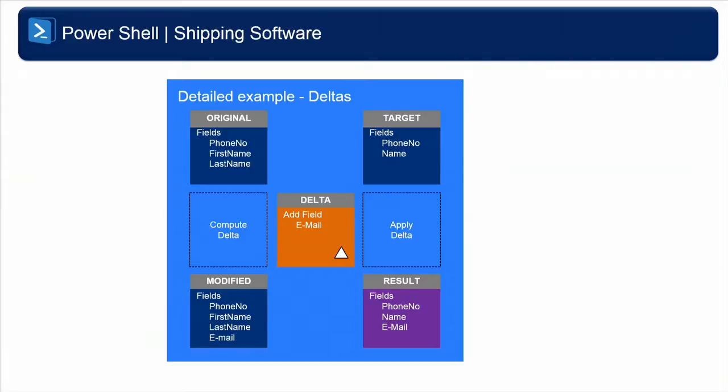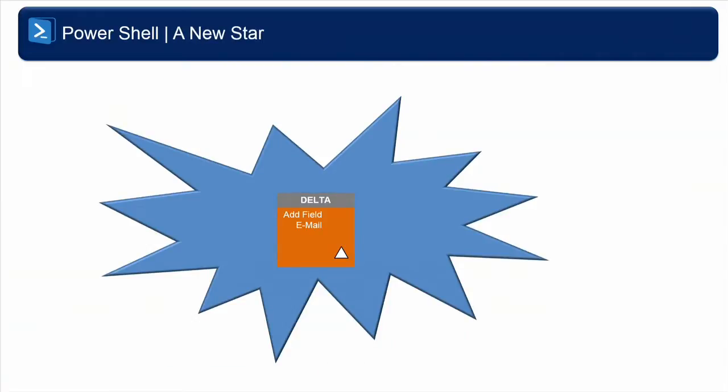upgrade. If you're an ISV like Agilis or Lanham or OP+, you're most likely to ship software to your partners. Traditionally, the way we ship software is we make a FOB file, and then we send that FOB file to the partners, and then they start playing around with it. Basically, what we think is that with PowerShell, a new star is born, and the new star is the delta file. And instead of shipping FOB, we would like you to start considering shipping deltas instead.